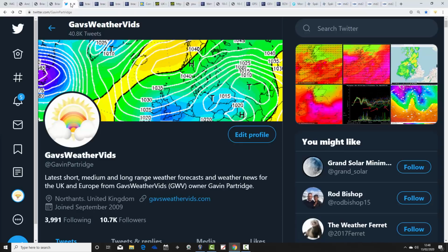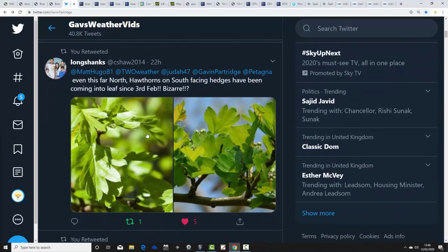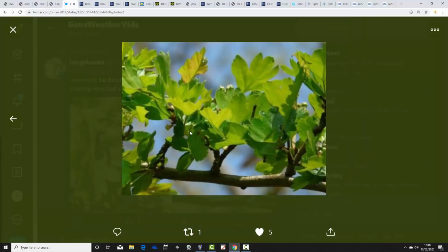We've got a few from Twitter as well that have been shared with us. If we scroll down and have a look at that. Well, this one is from Longshank, showing that we actually have some spring foliage appearing, even this far north. I think Longshanks is near Liverpool. Hawthorns on south-facing hedges have been coming into leaf since the 3rd of February. Bizarre. And there we go. You can see that, yes, a little bit of spring growth there